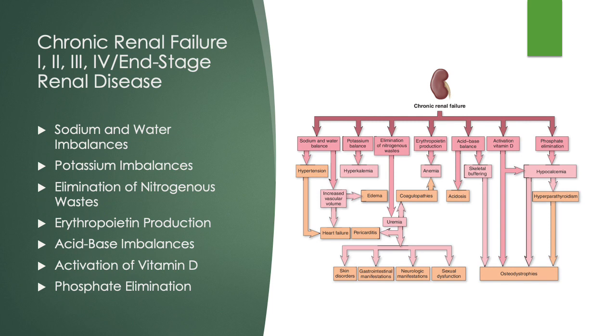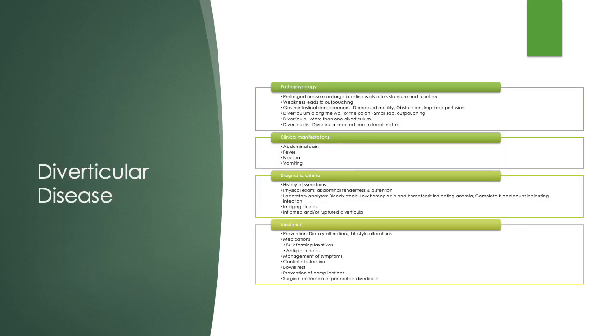In this case, you'll see osteodystrophies. You'll also see skin disorders, gastrointestinal manifestations, neurological manifestations, and sexual dysfunction and chronic kidney disease. So just take a look at this concept map and make sure you understand all of these areas that renal failure can cause. The next disease process we'll talk about is diverticular disease, and this is noted as pressure on